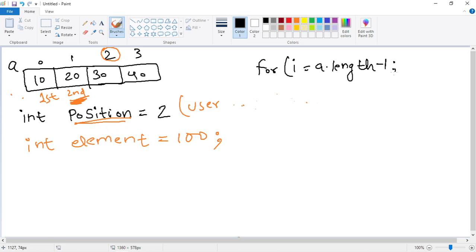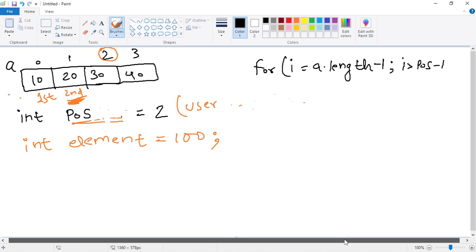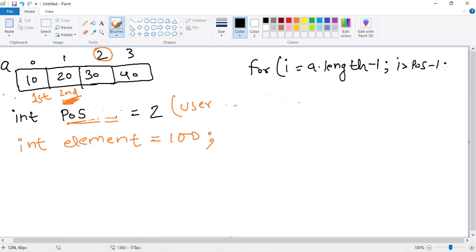And then I will say I greater than POS - 1, where POS means position. And at the end I will decrement the value of I by 1.